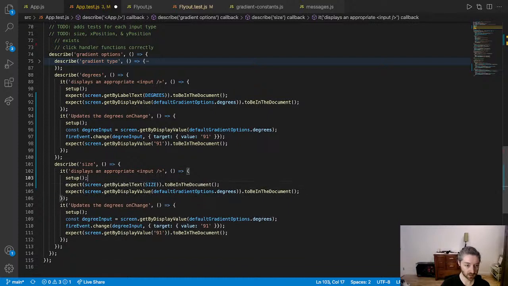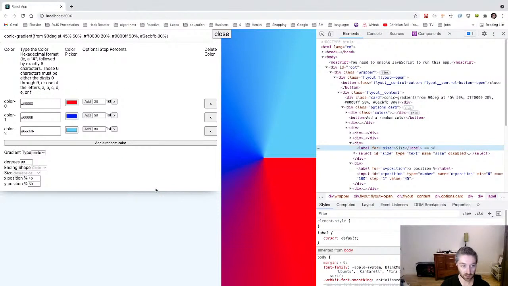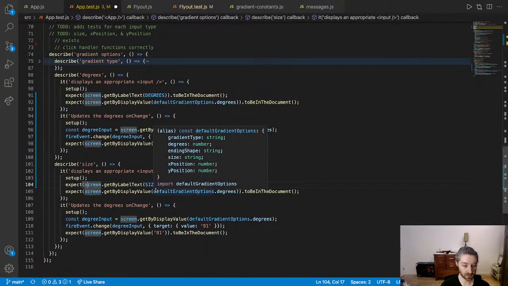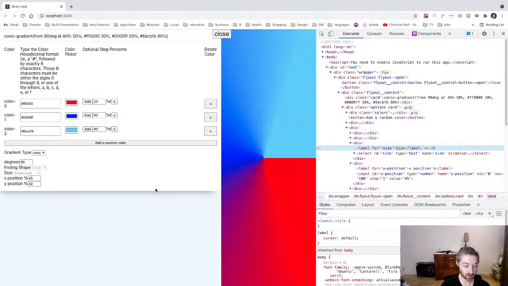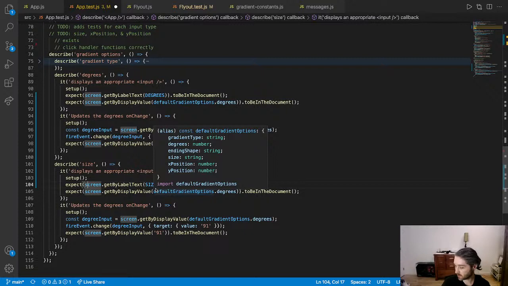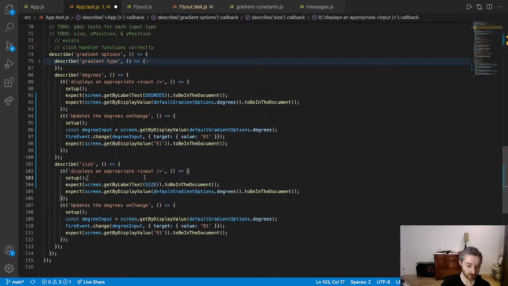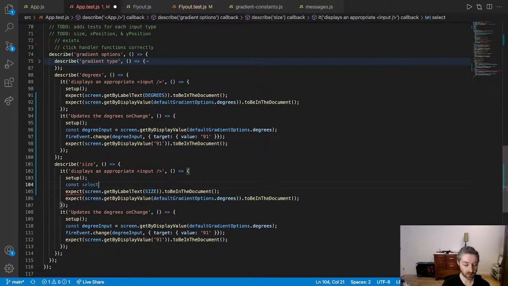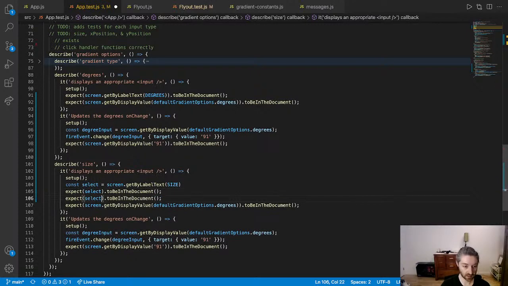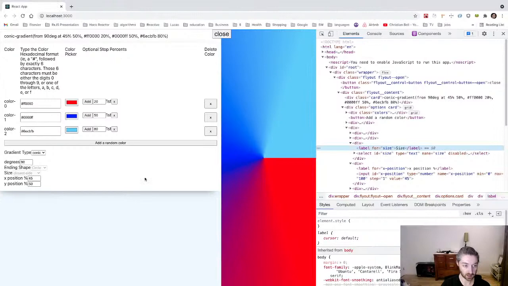Right, okay. So this is get by label text size to be in the document. Yeah. So there is a size, and I guess I could assert that it has the default value. That would be another thing. So I could do select get by label text size, and then expect select to be in the document, and then I could say expect select